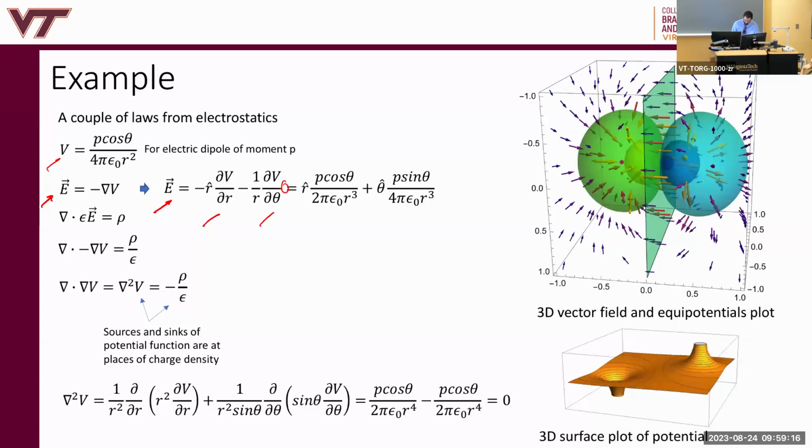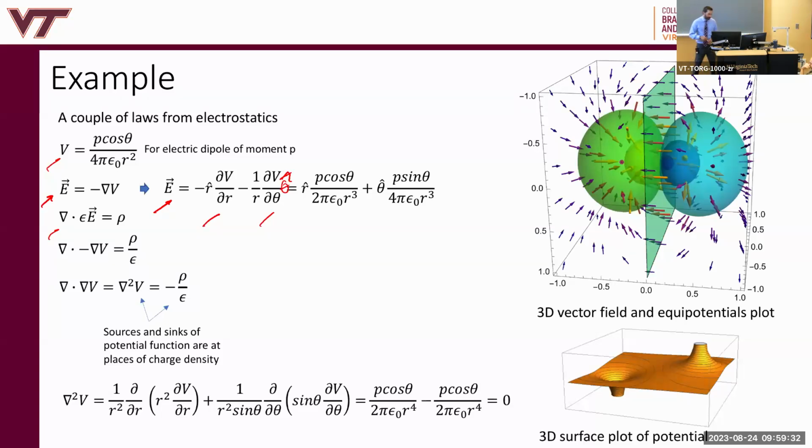I think there's a theta hat missing here, and we get this contribution here, right? So now, that's the gradient. This is the scalar field. We know from Maxwell's equations that the divergence of D is equal to rho if it's a homogeneous space, and epsilon doesn't